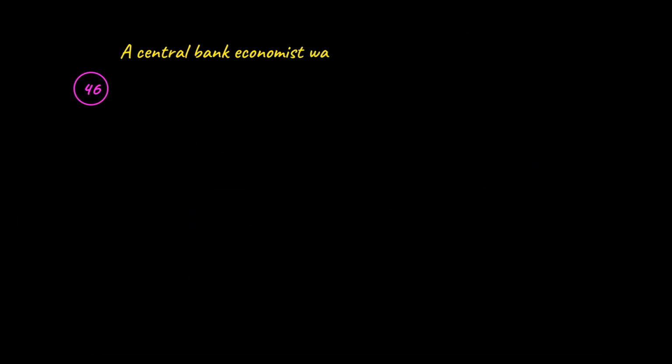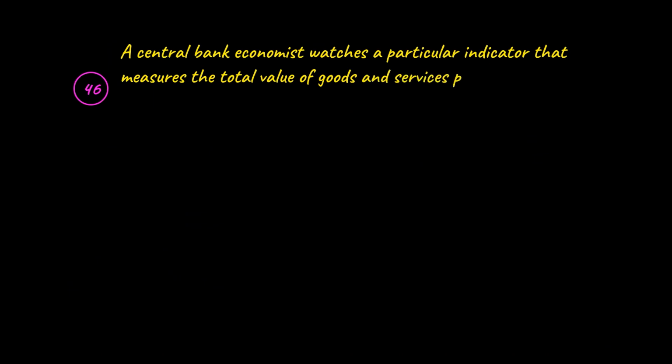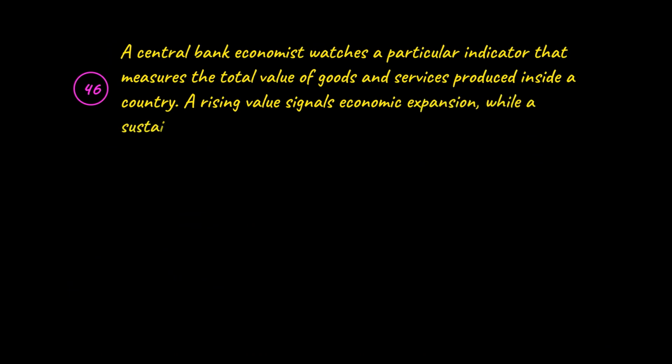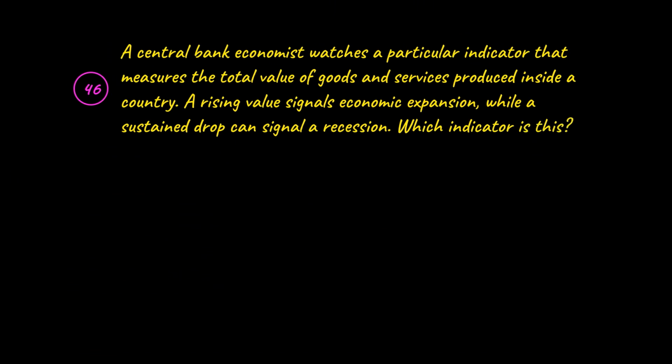Question 46. A central bank economist watches a particular indicator that measures the total value of goods and services produced inside a country. A rising value signals economic expansion, while a sustained drop can signal a recession. Which indicator is this? Your options are